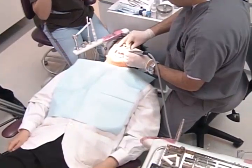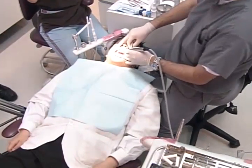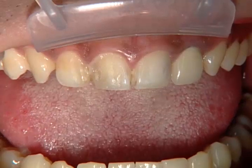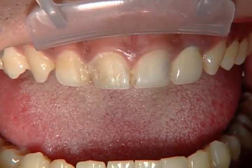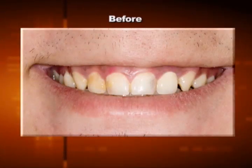In this case, we're going to combine two of my favorite restorations: CZ crowns, Clinical Zirconia crowns, on teeth number 7, 8, 9, and 10, and no prep veneers using thin press porcelain on teeth 4, 5, 6, and 11, 12, 13. And once I started doing no prep veneers, I began to realize that this is a great